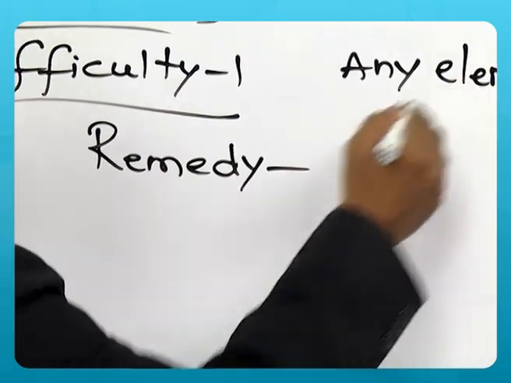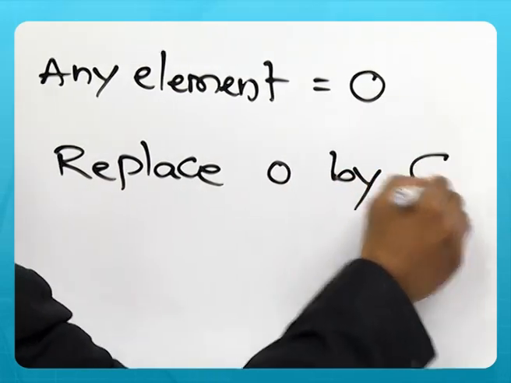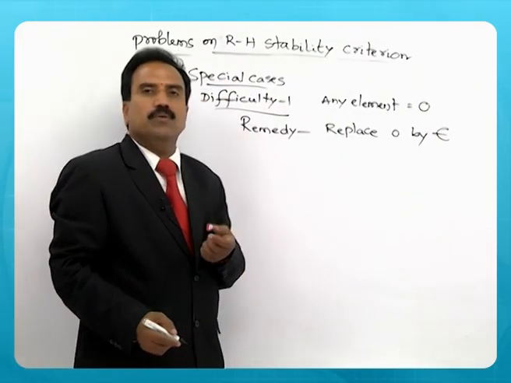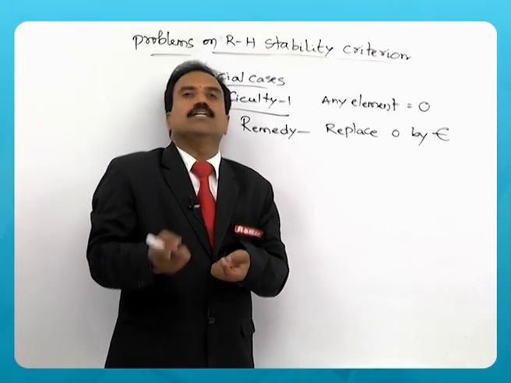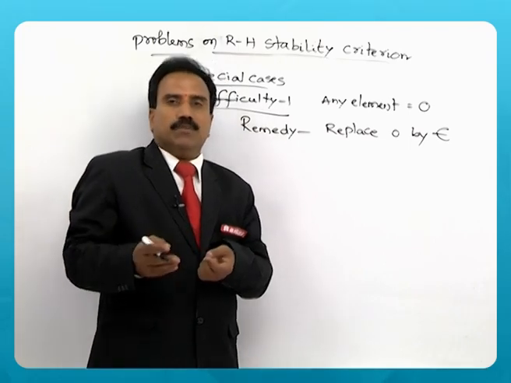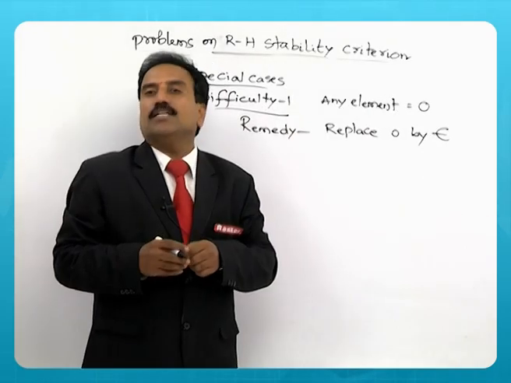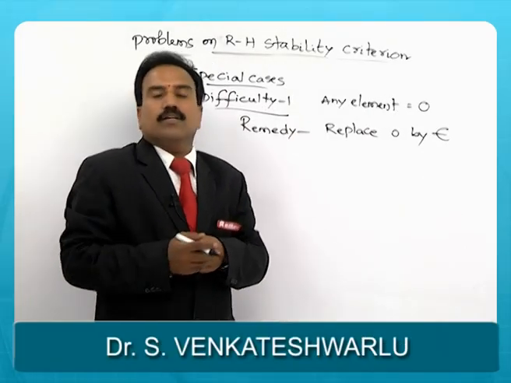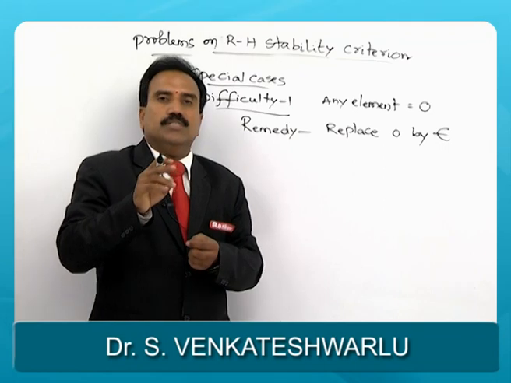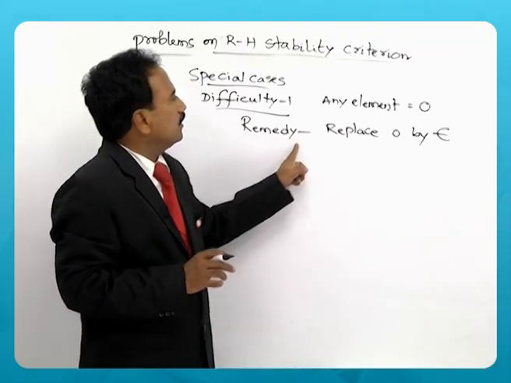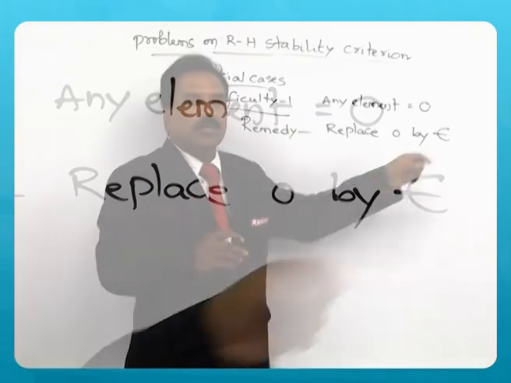Remedy is replace that 0 by epsilon, where epsilon is a small positive number or small negative number. So you can proceed further by replacing 0 by epsilon, and then you can complete the table. Later you can conclude whether the system is stable or not based on the sign changes in the first column. So this is the first remedy. When you have any 0 in the first column of any element, then replace 0 by epsilon and proceed further